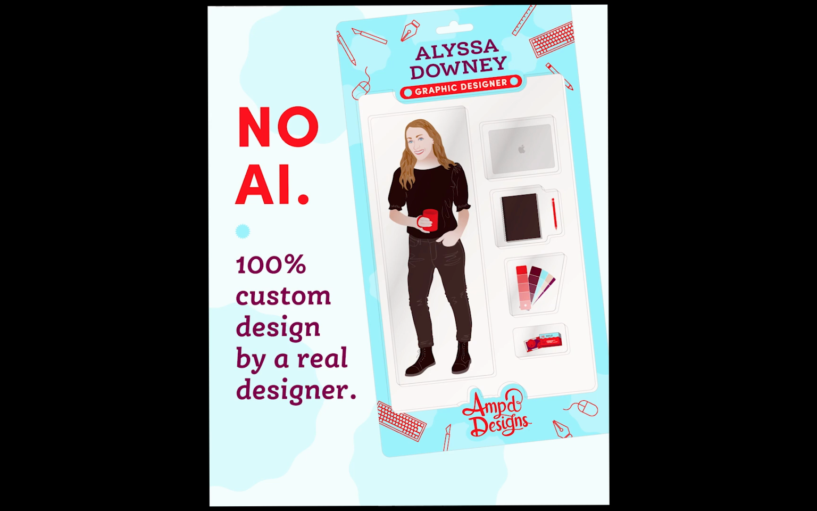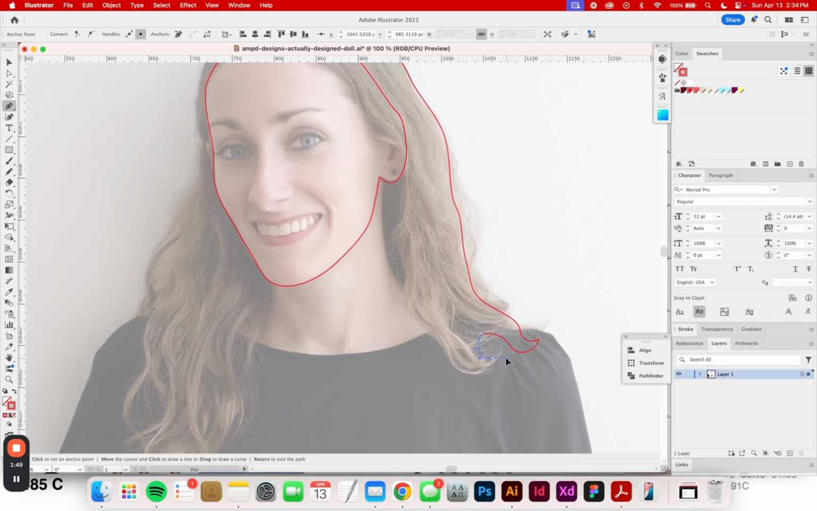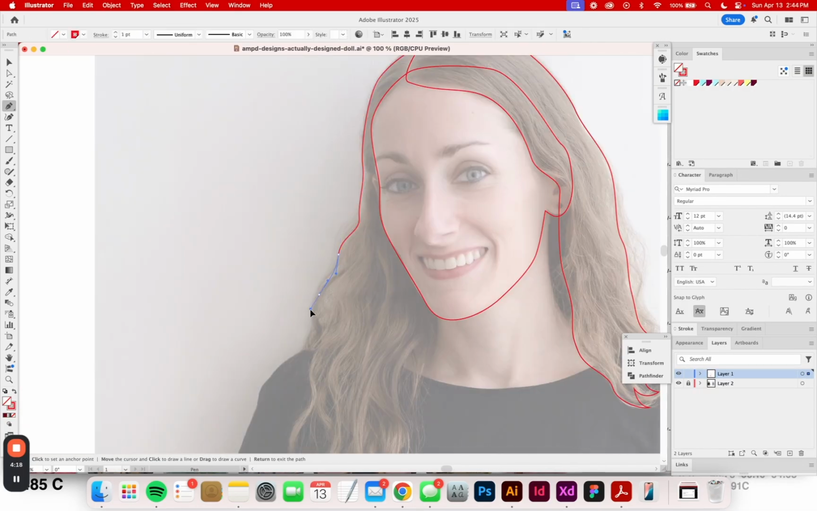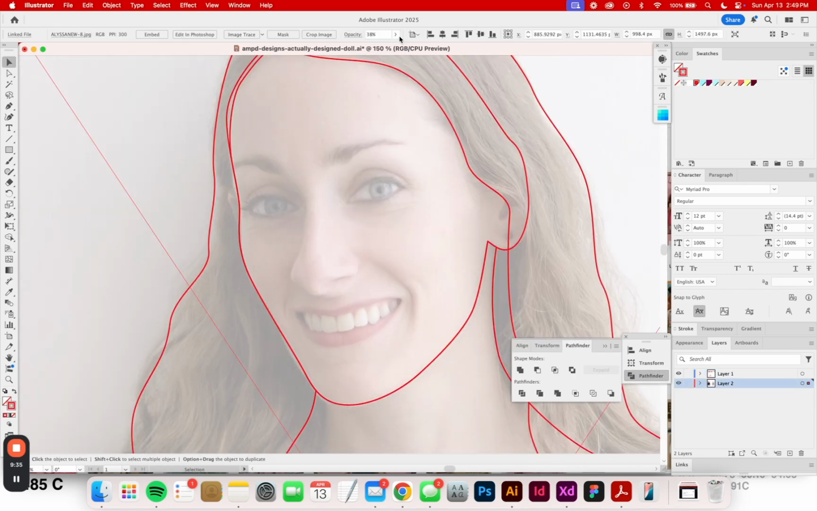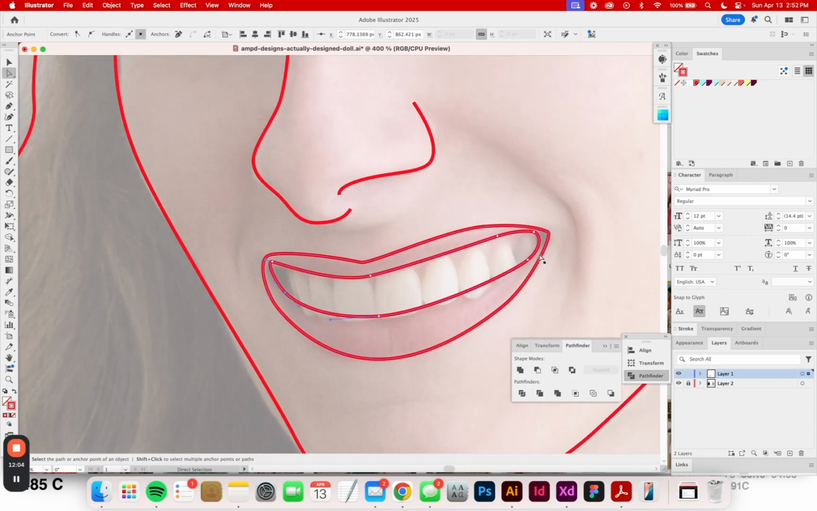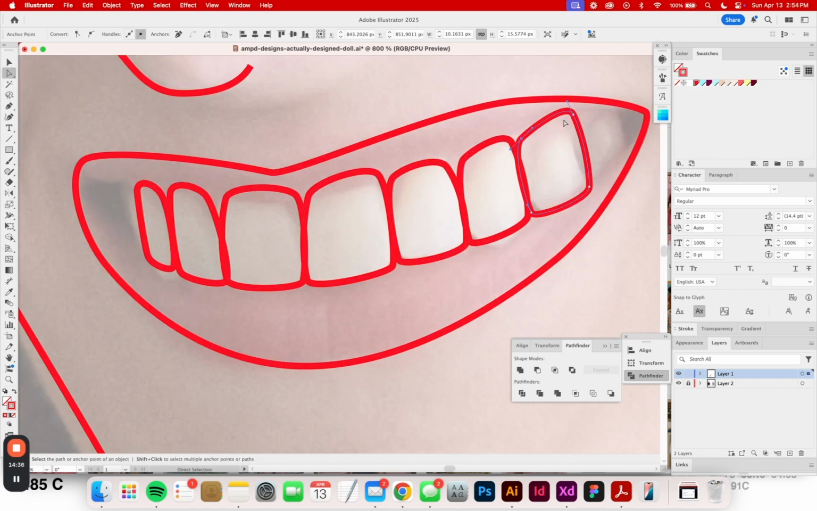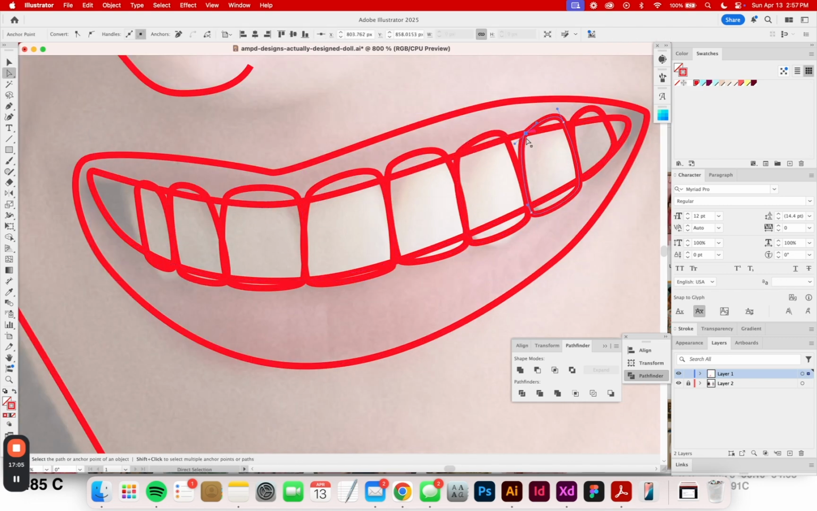Here's a behind the scenes of how I created my non-AI doll. So I brought a photo of myself into Adobe Illustrator and traced it mostly using the pen tool. I tend to create rougher shapes and then adjust as I go. This is definitely the closest I've looked at my teeth and face in a while, so this was an interesting